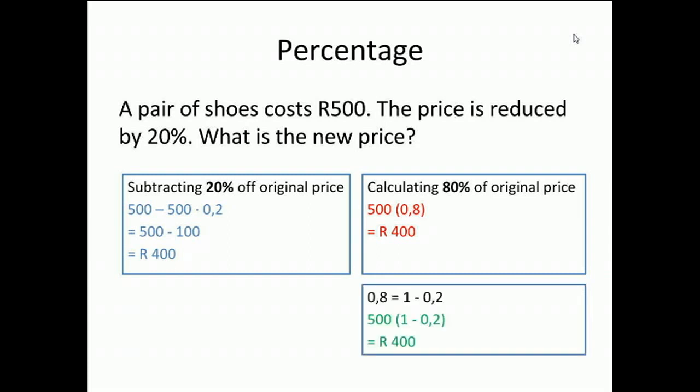And then moving from the third to the fourth one, I can see 0.8 to be the same as 1 take away 0.2. That's a really good way to... And so when I link it back into the question, I've got 500 multiplied by 1 subtract 0.2, which is 400. And the reason I'm doing this is that as we go to the next slides, we start to see this 1 minus interest rate idea. And it's that I want us to kind of bear in mind when it comes to the